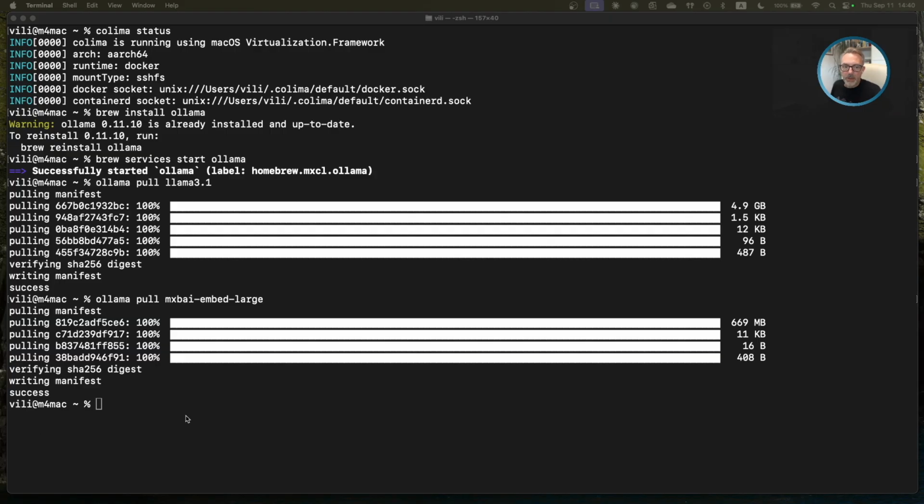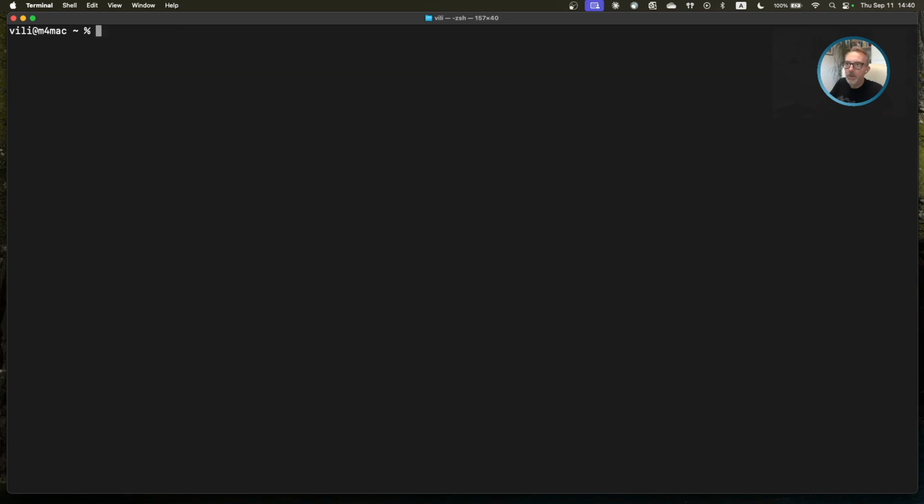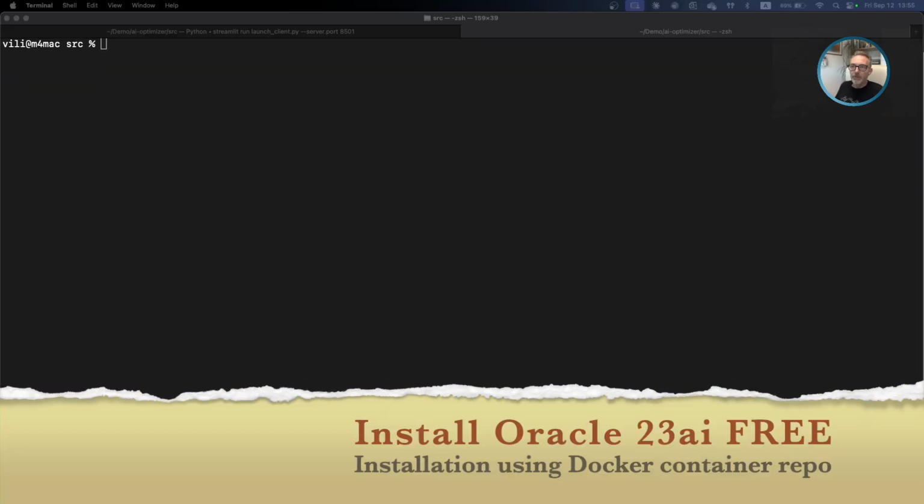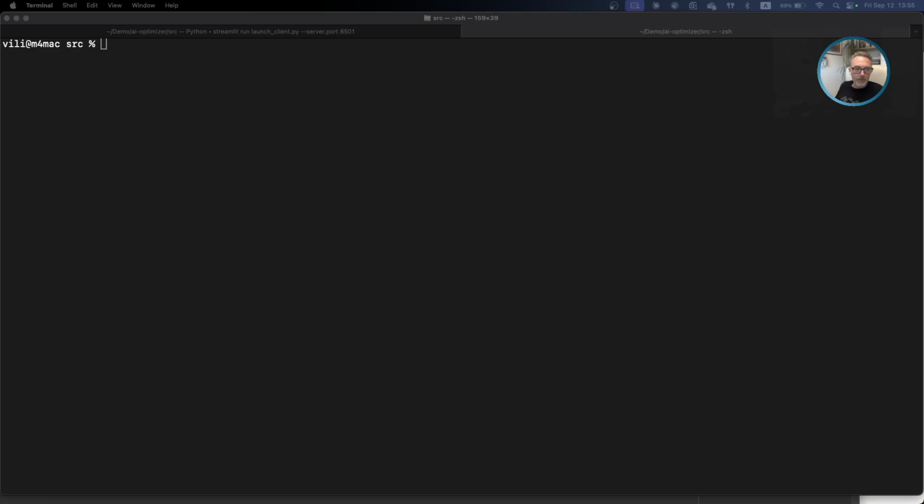Now, next thing is to run a Docker container for our 23AI database. So let me first clear the screen. Clear. Here. To start installation of the database, we need to run this docker run command.